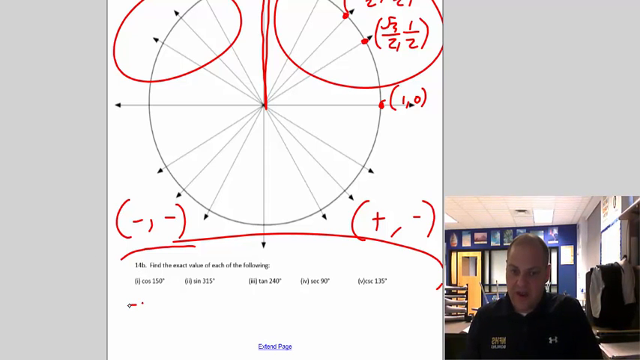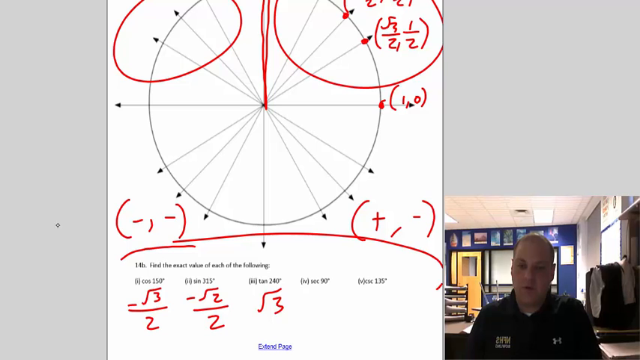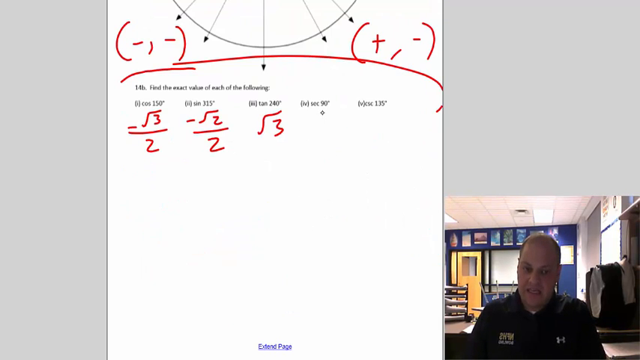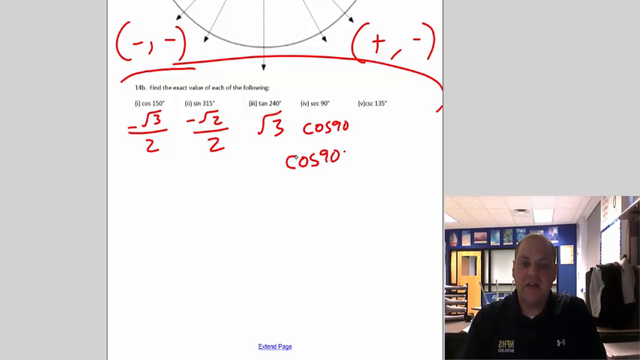This is going to be negative radical 3 over 2. This one's negative radical 2 over 2. This one's radical 3. Now this one here I will do with you. Secant 90 is, and I'll extend the page to move it up a little bit. Secant 90 is the reciprocal of cosine 90. Secant's the reciprocal of cosine. So if you get cos 90 first,